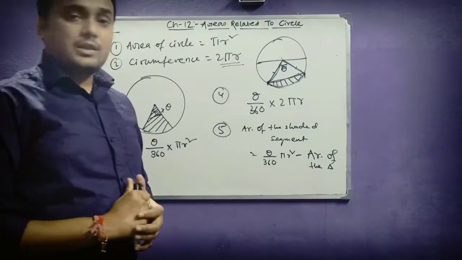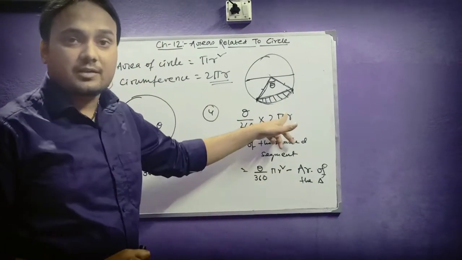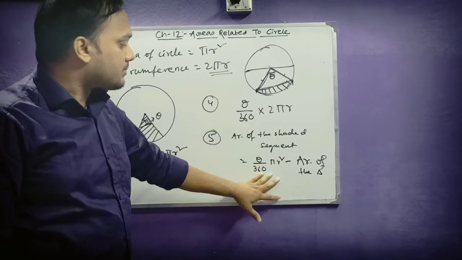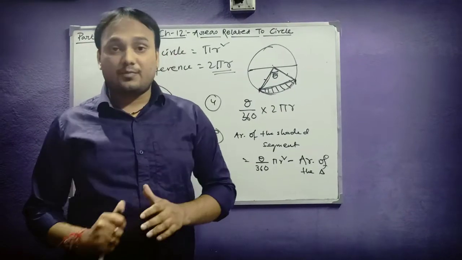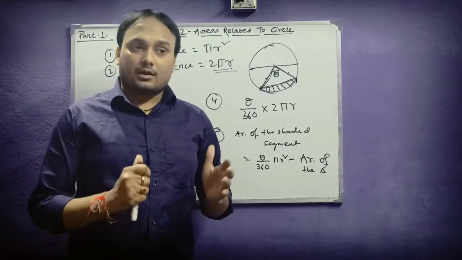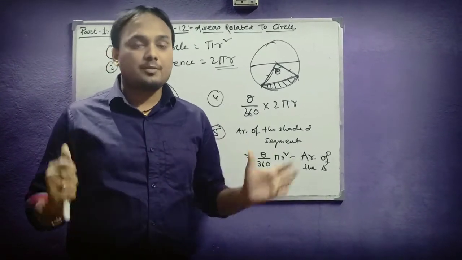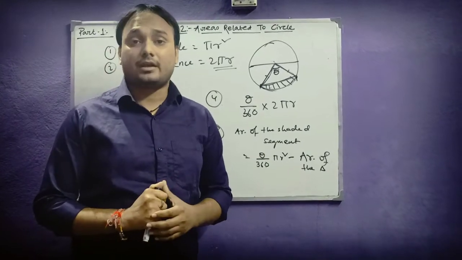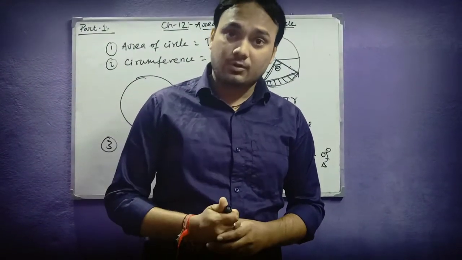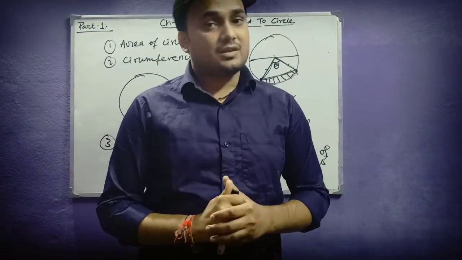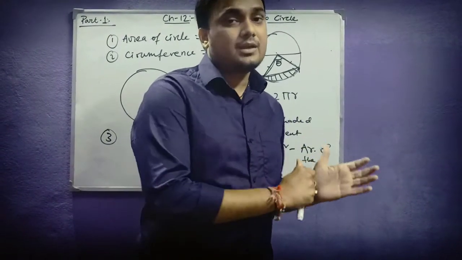So whatever formula you use for the triangle, the basic formula for evaluating the area of this segment will be equal to theta by 360 pi r square minus the area of the triangle itself. These are the basic concepts and formulas which we will be using for evaluating different areas of any figure in this chapter. This is also very important because the same formula will be used again and again. So before starting the exercise and solving the questions, it is important for you all to know these basic concepts. So students, let us start the first exercise with the help of the concept we went through here.